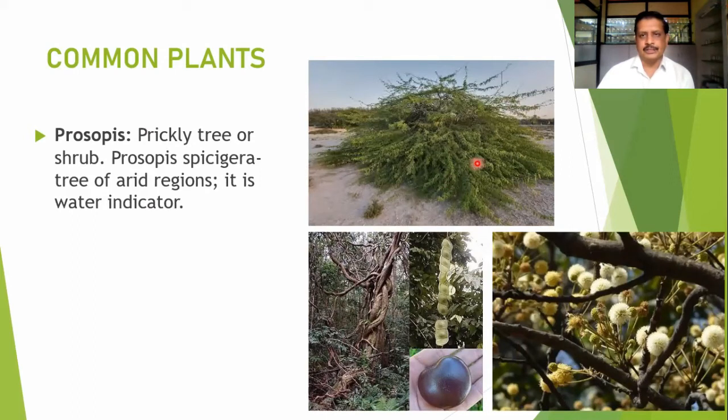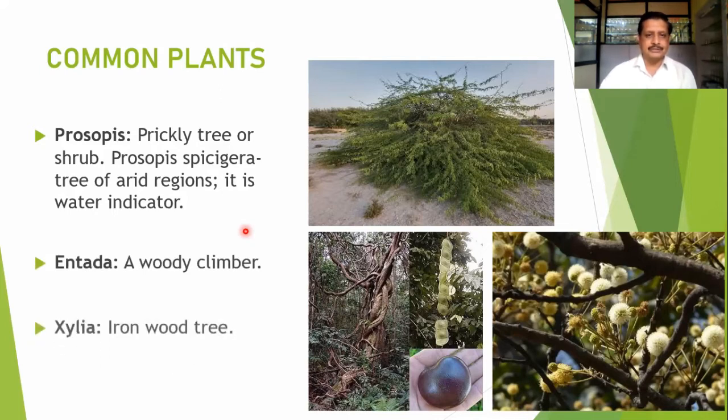Prosopis juliflora, see the habit of that plant. We mainly see this genus on barren grasslands. Here there is no trunk-like structure, but there is branching from the base. Then Prosopis spicigera has the tree habit in the arid region, and is known as the water indicator in desertified areas. The genus Entada, which is the woody climber, here we have shown the particular lomentum of that Entada genus. You see here the habit of that, and you might have seen this large seed normally sold in the market by roadside vaidus.